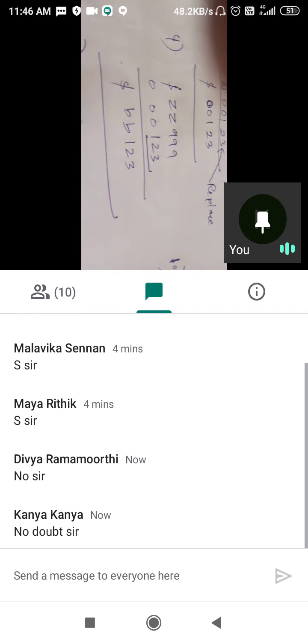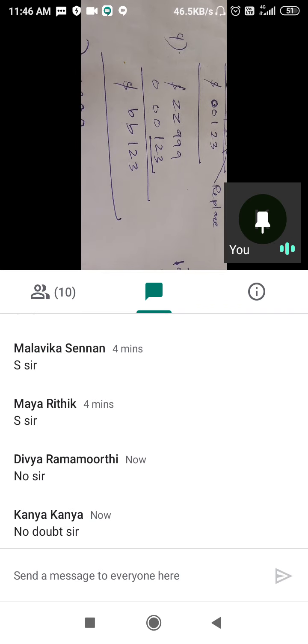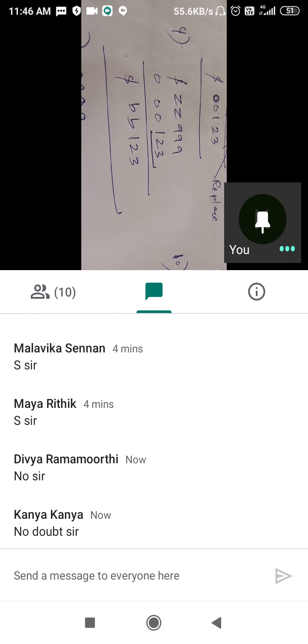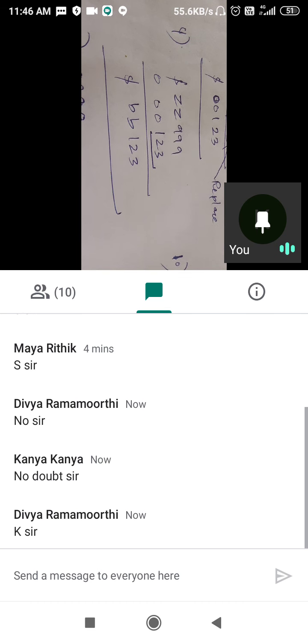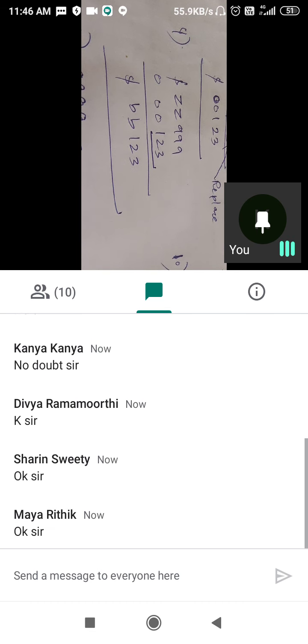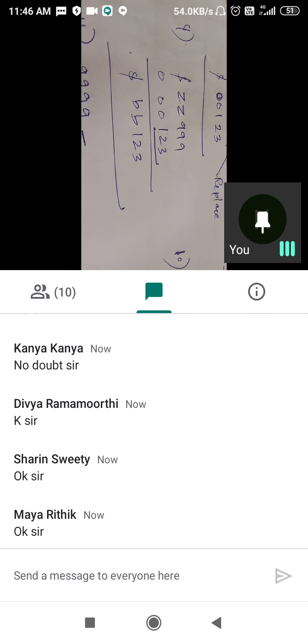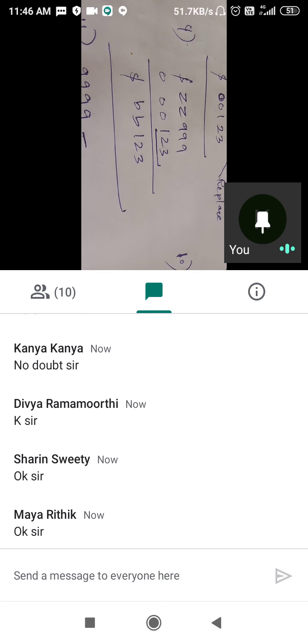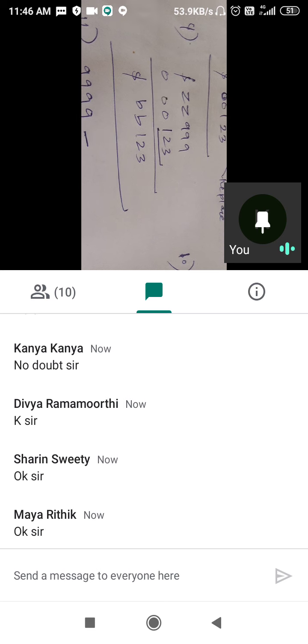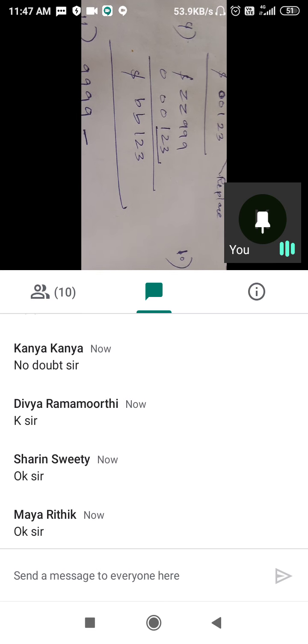Okay, good. Now I would like to pose some questions to you, so that you have to give the answers in your chat box. Now the question is going to be: the picture field is going to be the same, dollar, double Z and triple nine. The picture field is the same, and to this I am going to give the input. The input is going to be 1 2 3 4. Now what is going to be the output?